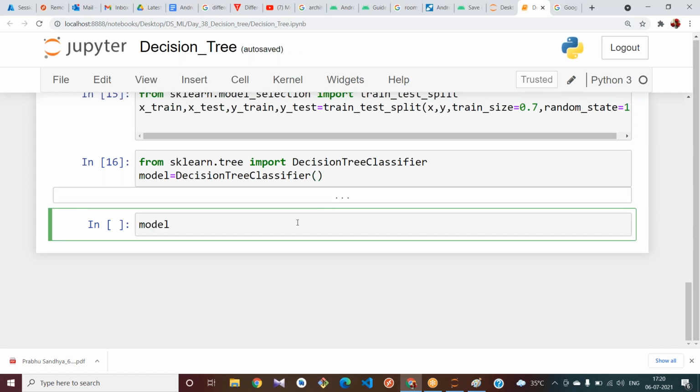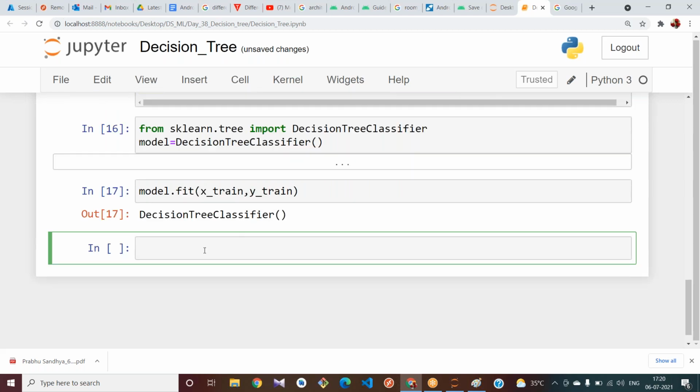model.fit of X_train comma Y_train. Yes, we have passed our data. Now let us try to predict: model.predict of X_test. Let me store it in Y_predict.